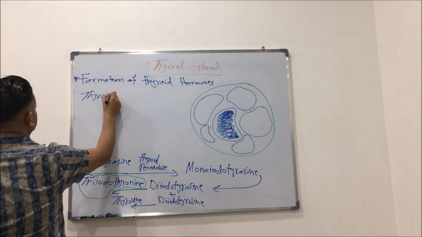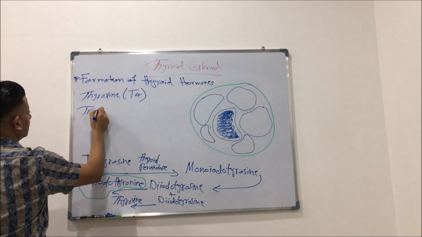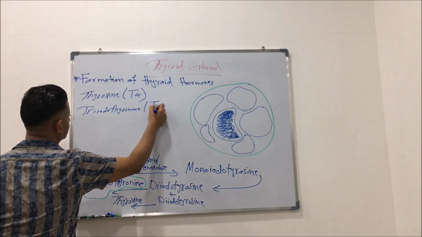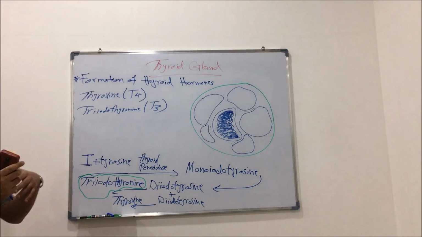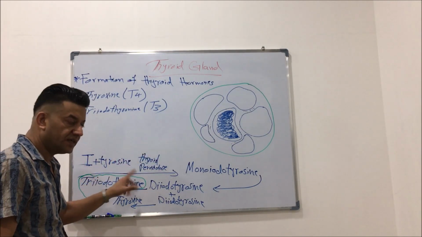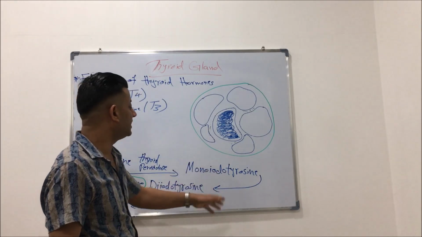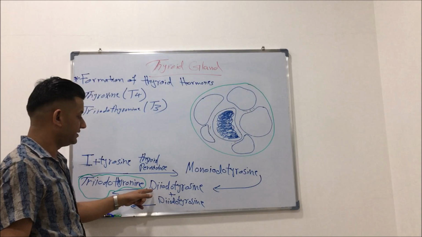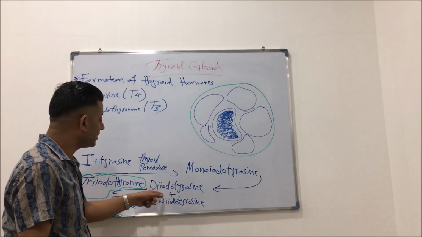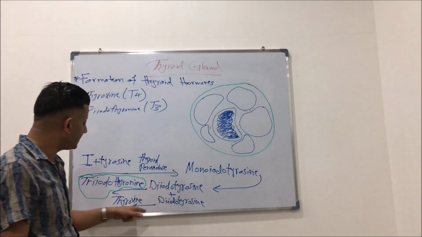Thyroxine, or T4, and triiodothyronine, the T3. So let's say again, iodide is bound with tyrosine with the help of thyroid peroxidase. This will result in the formation of monoiodotyrosine. Monoiodotyrosine binds with another molecule of monoiodotyrosine to result in diiodotyrosine. If another monoiodotyrosine molecule binds with diiodotyrosine, this will form triiodothyronine, or two molecules of diiodotyrosine bind together to form